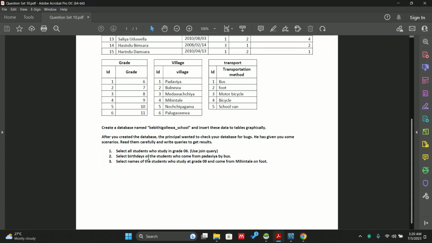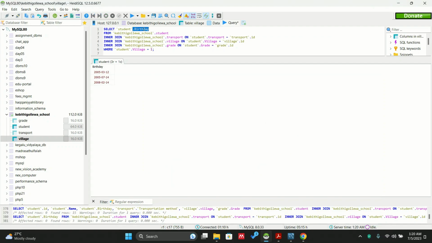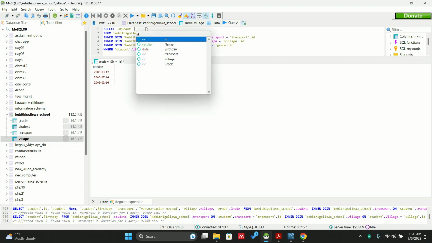And the last question, so we have to select the names of the students who study at grade 9 and come from Mihintale on foot. So we'll be using 3 different queries here. So first we'll have to select the names of the students, and now we'll have to select the student name. So we'll be selecting the name column,